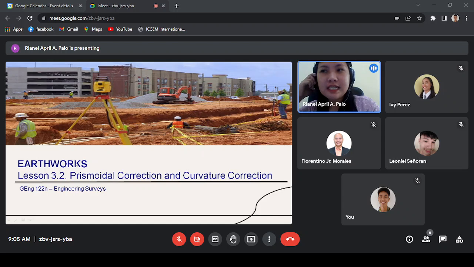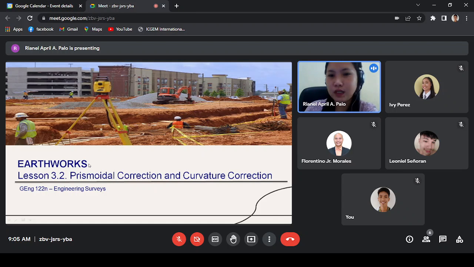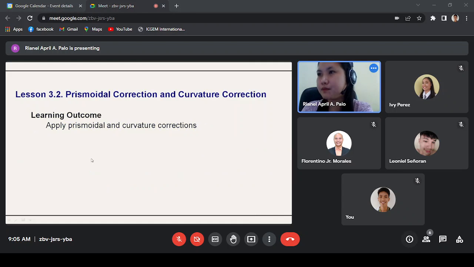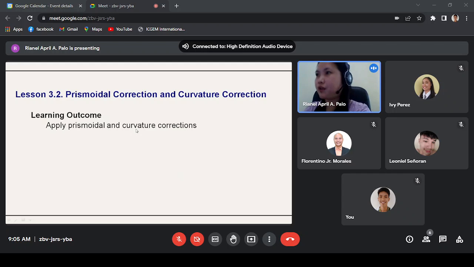Today's lesson will be discussing the Prismoidal correction and curvature corrections. These are the corrections that we need to apply in computing the volume of earthworks. So for the learning outcomes, to be able to apply Prismoidal correction and curvature correction in computing the volume of